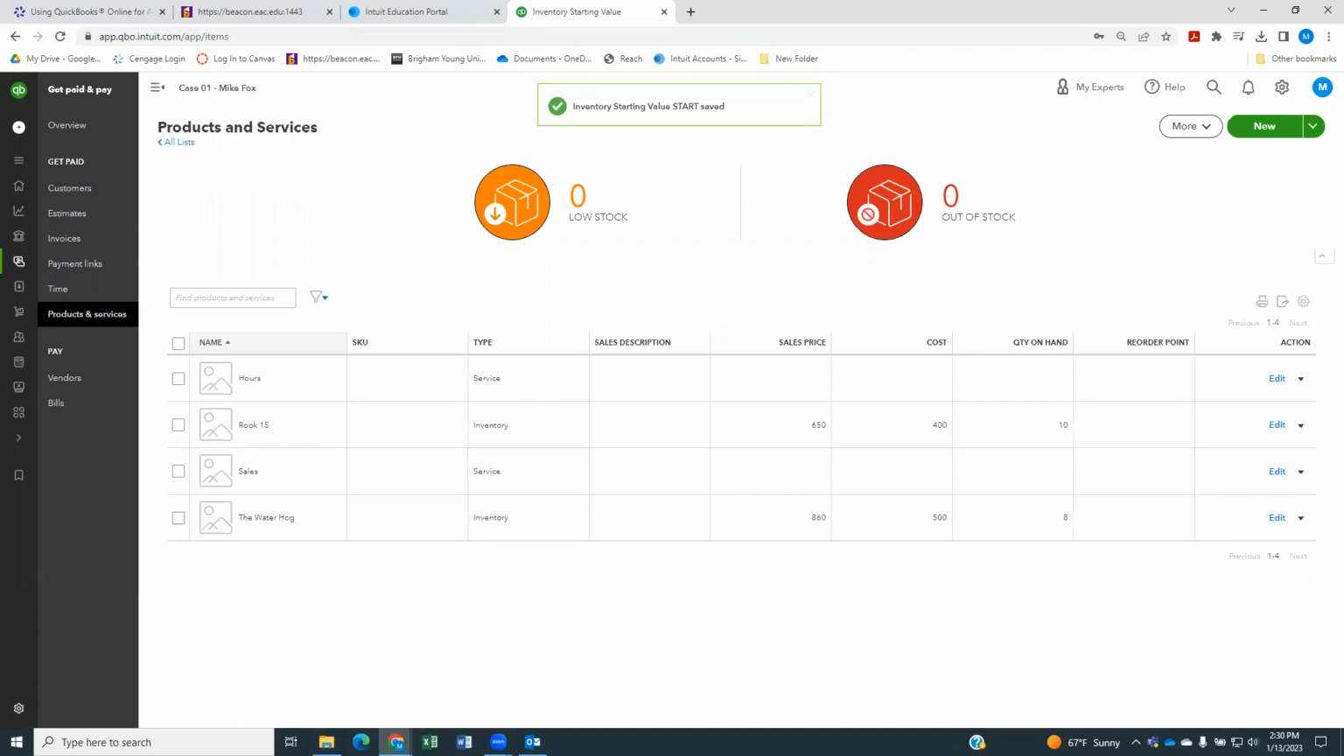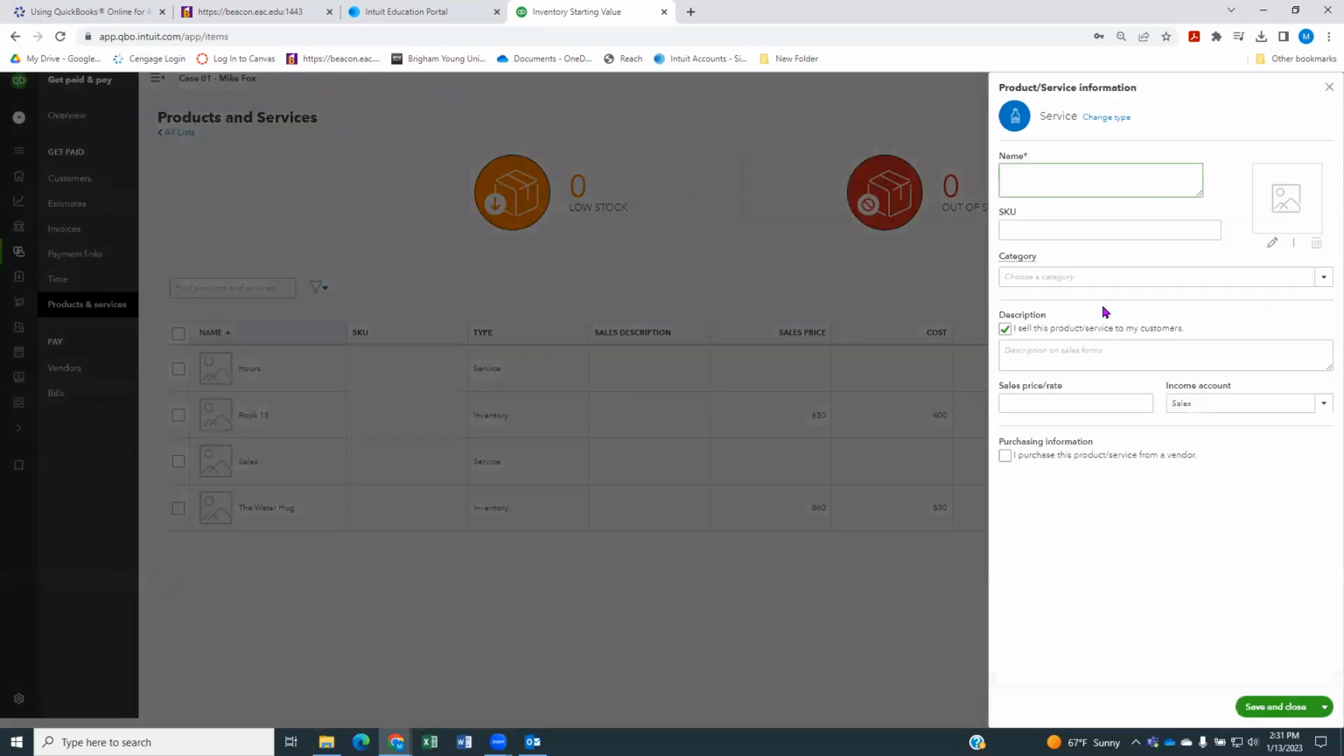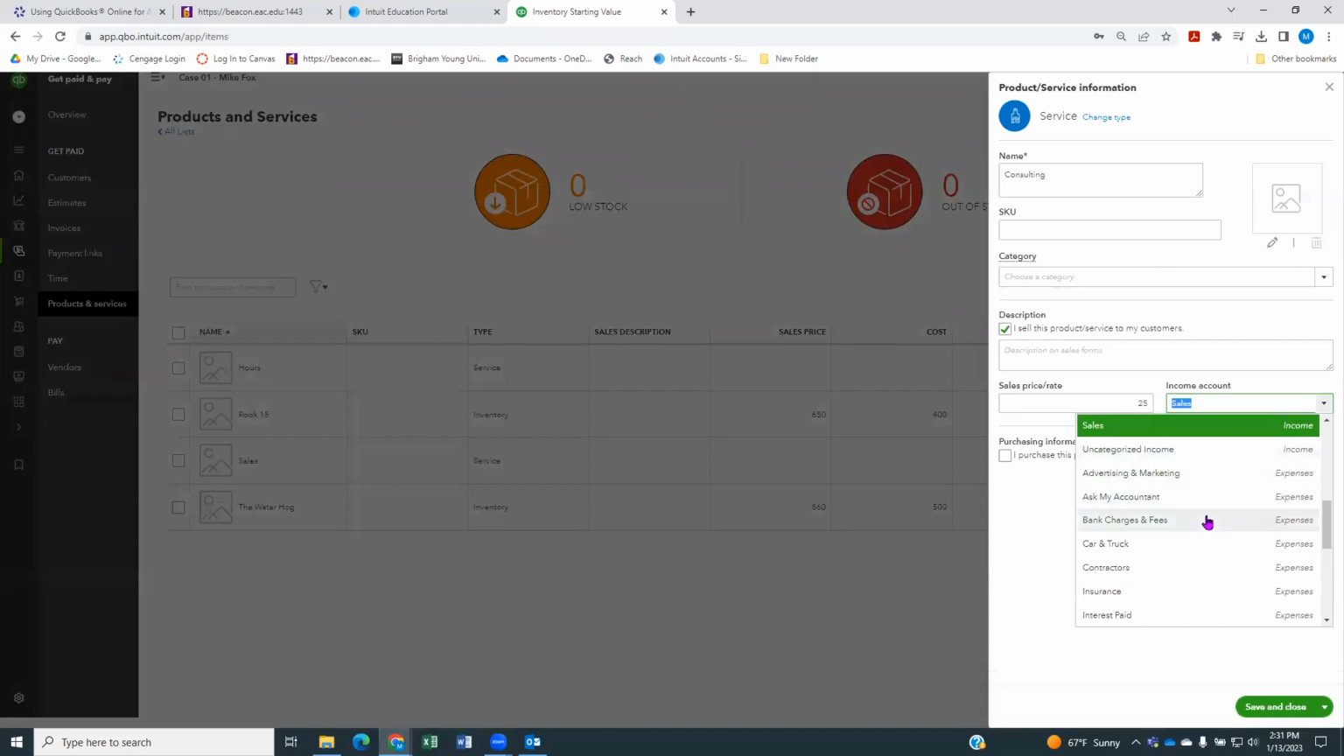Then under 3B, I'm going to add a service as well. So I'm going to hit new service. The name of that service is going to be consulting. The rate is 25. The income account is not going to be sales. It's going to be called